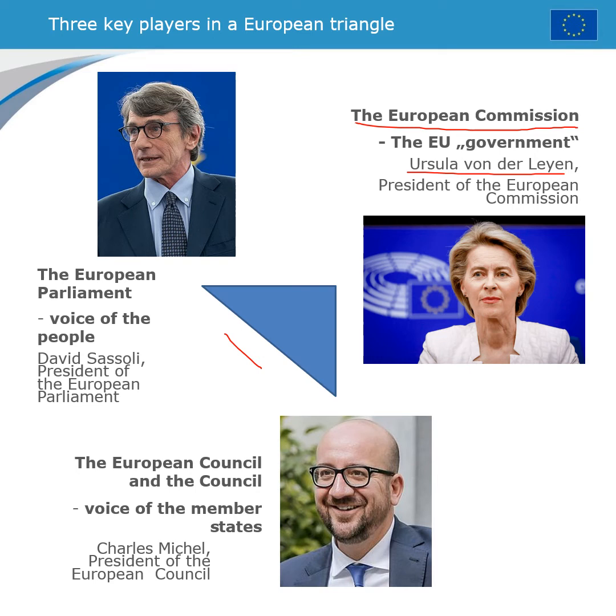Then we have the European Council. We can actually cross this out. The European Council is the voice of the member states. Here, all 27 member states get together on a regular level, not just the heads of the states, but also ministers and lower level, working level bureaucrats. And they plan and decide upon common European policies. It's led by Charles Michel, who used to be the Prime Minister of Belgium, another very experienced politician.